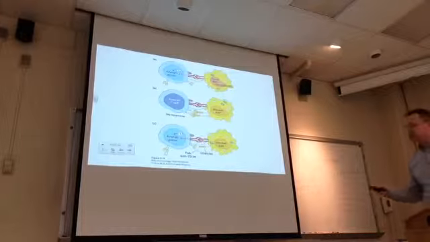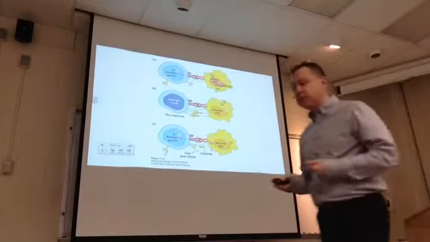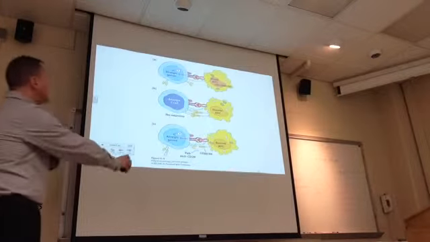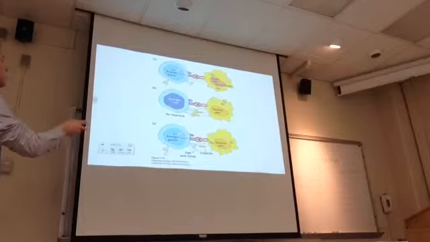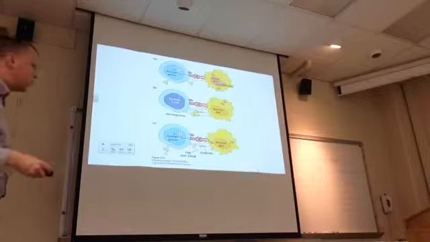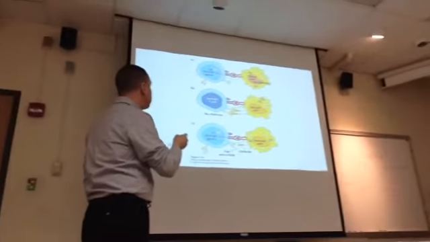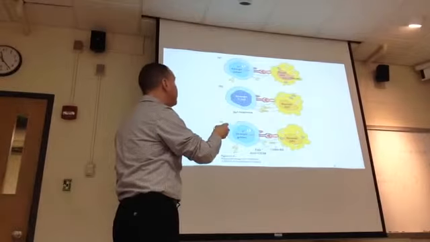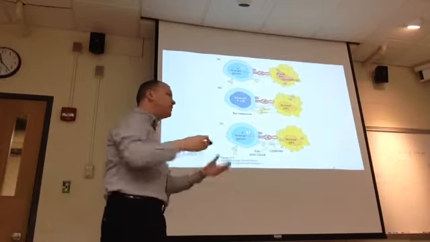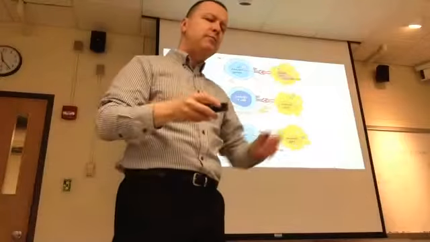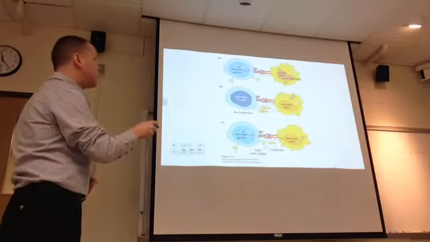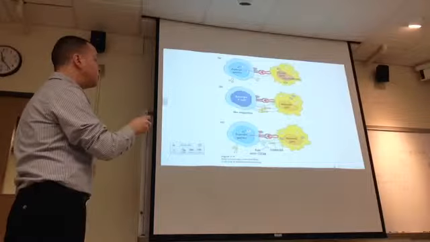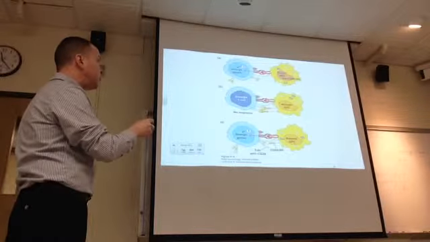And this is the experiment that shows that at least the first two signals are absolutely necessary to get stimulation of that T cell. So what they're showing here are just a couple of different situations where the T cell does not get properly activated. So for example, if you have this antigen presenting cell and you fix it, you throw glutaraldehyde or formaldehyde at it, before it has expressed any CD80 or CD86. So the only signal that the T cell is getting is signal 1,